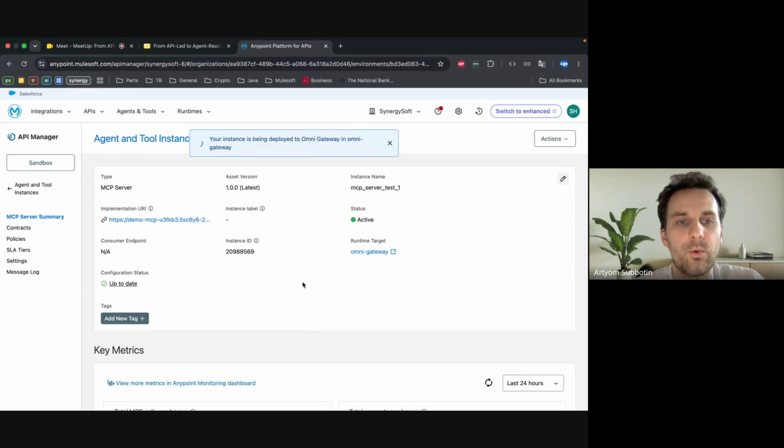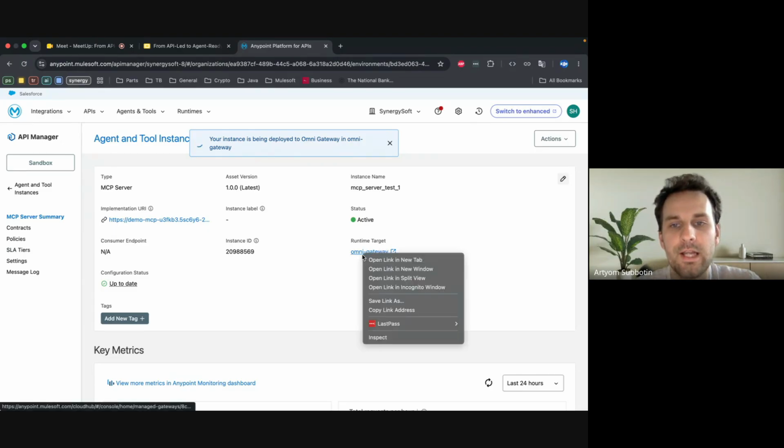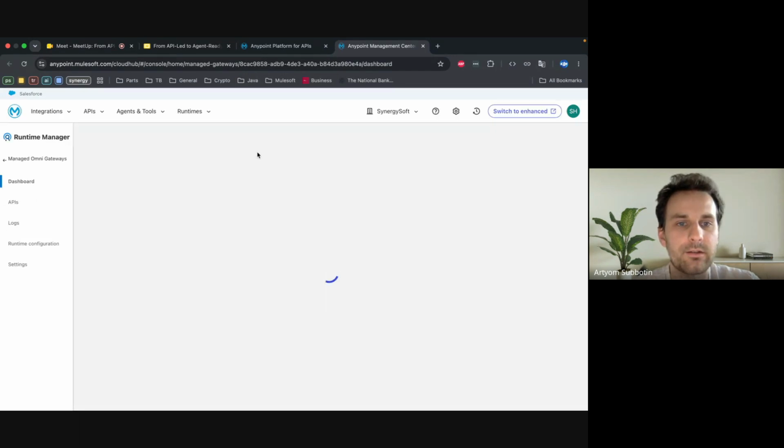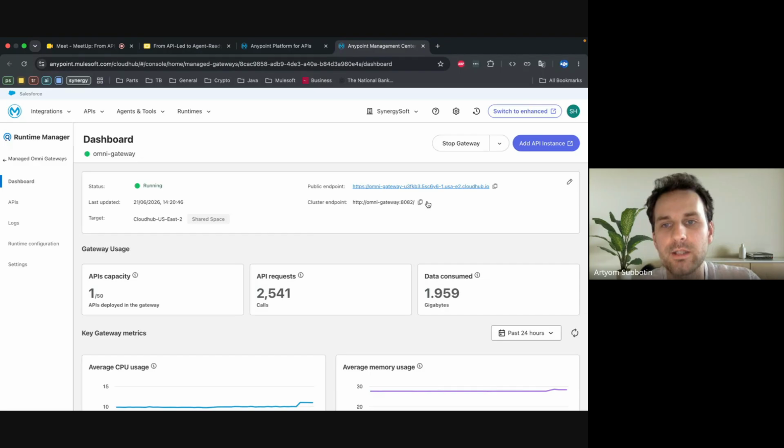But what we can do for testing this part, we need to go back to the Omni Gateway or Flex Gateway and choose the Flex or Omni Gateway URL. It's not so fast today, but yes, so we have a public endpoint.